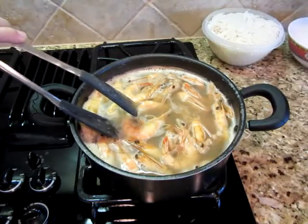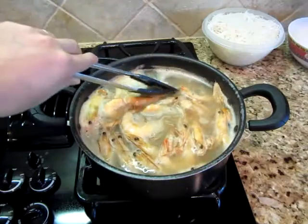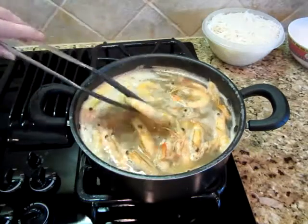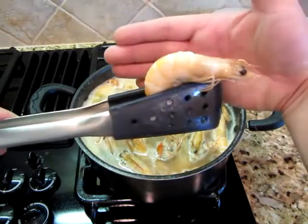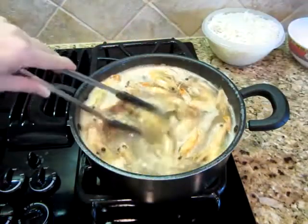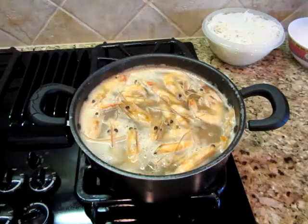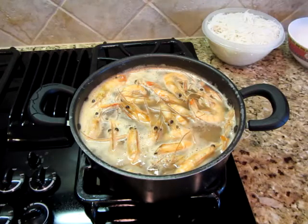Okay, it took about 3 or 4 more minutes, but I can start to see around the edges where the water's starting to boil up again. And you want to get a nice opaque color to the shrimp. Otherwise, you're going to have raw shrimp. So what I'm going to do now is strain them and peel them and start assembling our